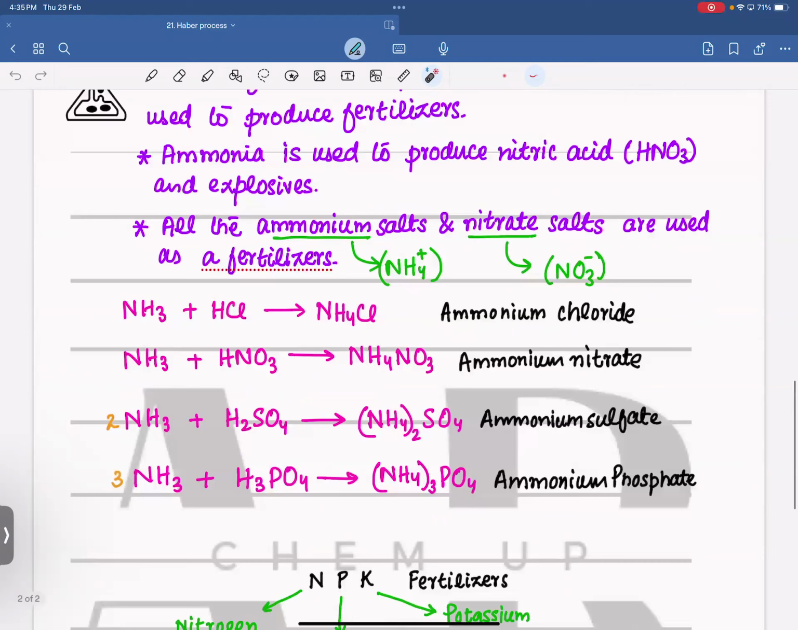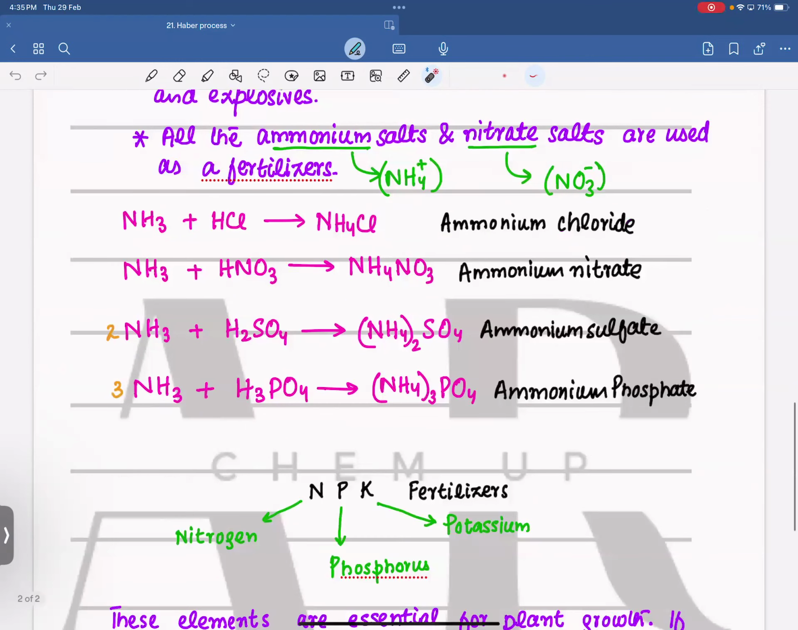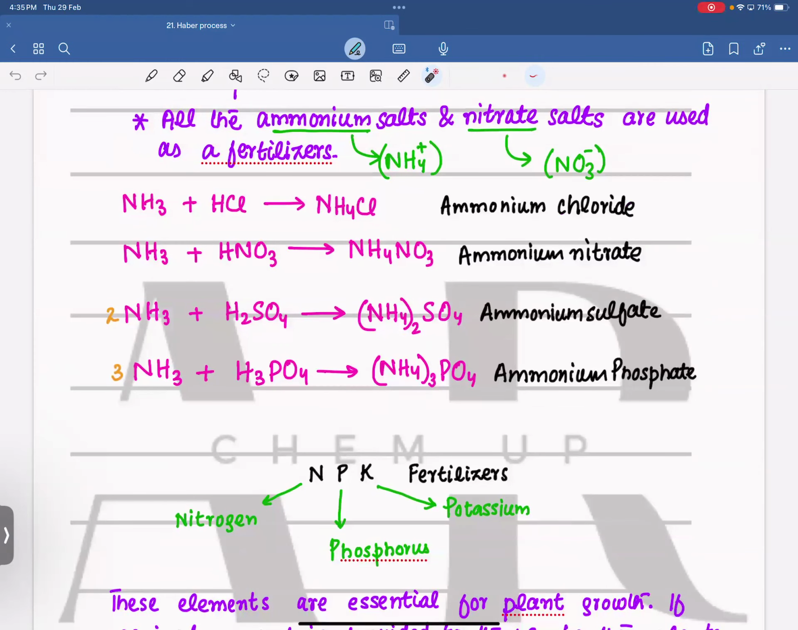Besides nitrogen, the compounds contain phosphorus and potassium. Fertilizers include nitrogen, phosphorus, potassium. They are called NPK fertilizers because fertilizers contain any of the elements from these. That's why fertilizers are prepared in